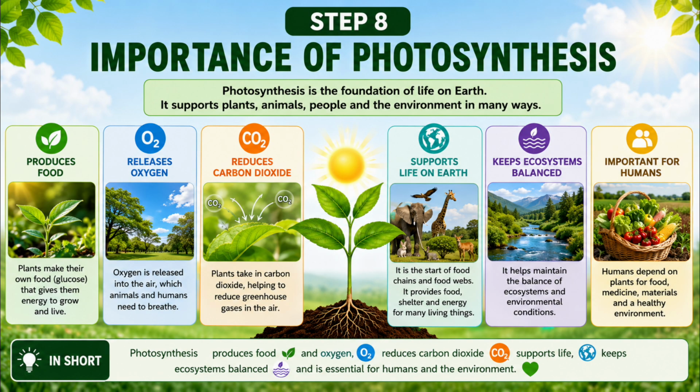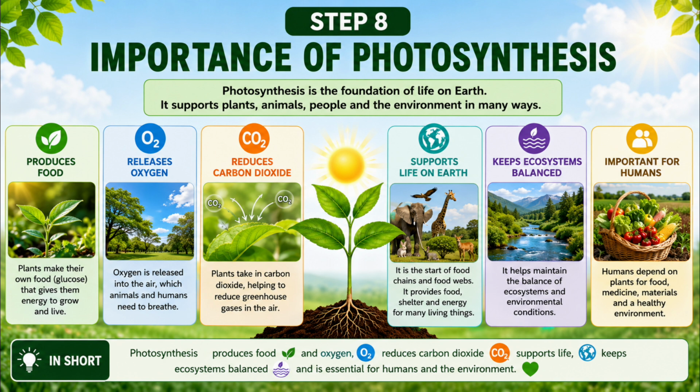We've explored each step of photosynthesis and discovered how this amazing process takes place. Now, let's bring everything together by understanding why photosynthesis is so important. It enables plants to produce their own food, giving them the energy they need to grow, develop, and survive. As plants make food, they also release oxygen into the atmosphere, providing the oxygen that animals and humans need to breathe. At the same time, plants absorb carbon dioxide from the air, helping to reduce greenhouse gases and support a